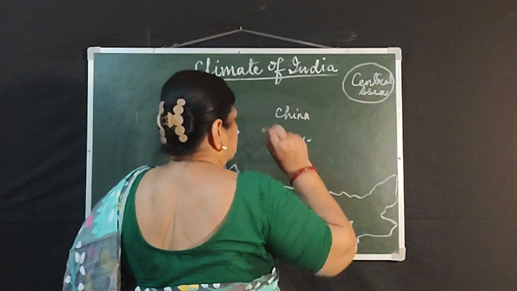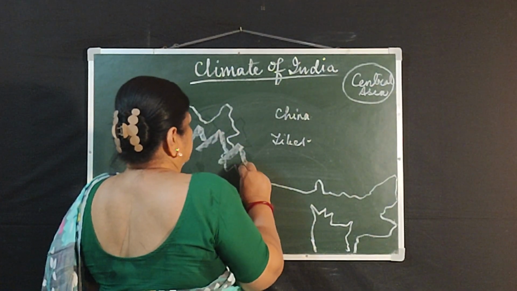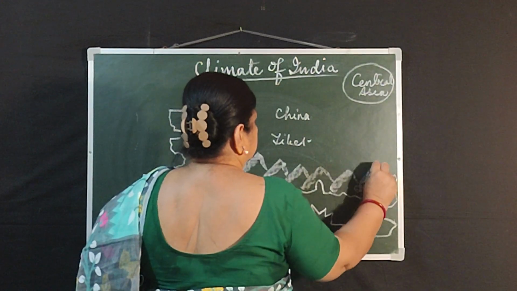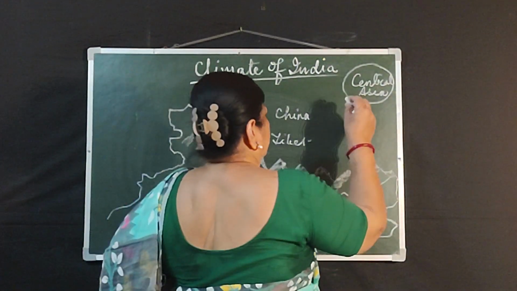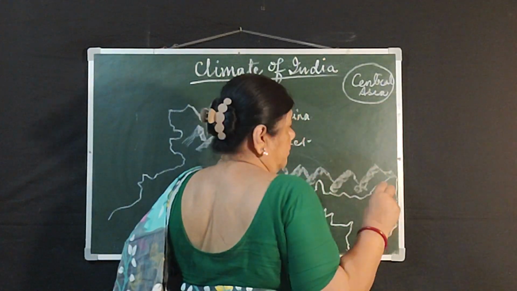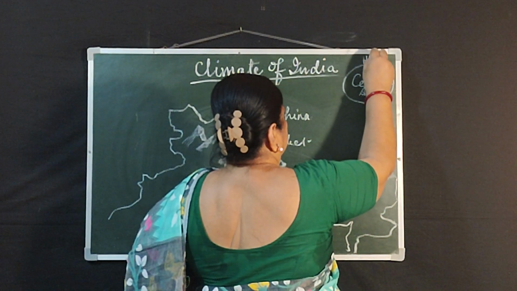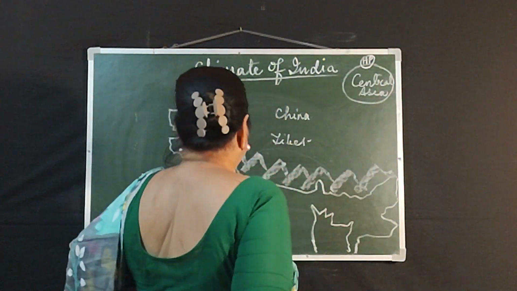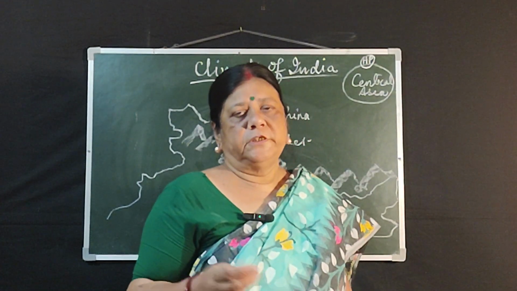This region is totally cut off from the influence of the sea. So they become extremely cold during winter. And low temperature means here the pressure will be high. So high pressure develops here, and low pressure will develop on the surrounding water bodies which are on either side